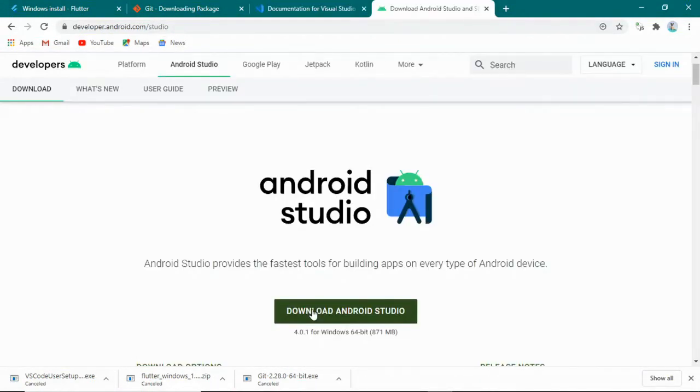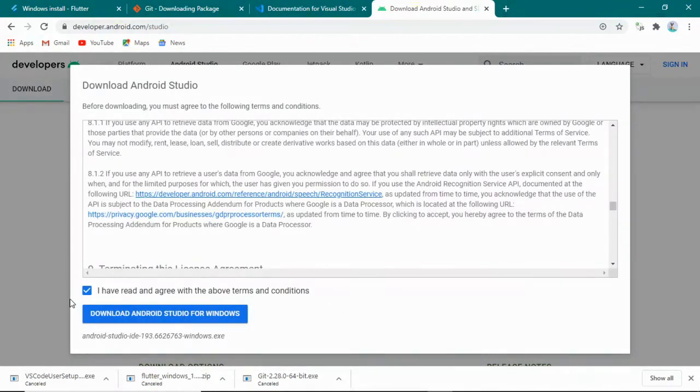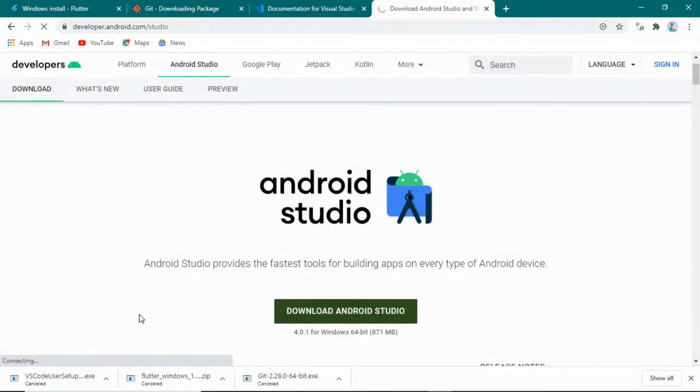And the last thing which we are going to download is Android Studio. Android Studio is the official integrated development environment for Google's Android operating system, okay. Android Studio provides us an Android emulator which will be pretty helpful for this workshop. To download this, you can find the Download Android Studio button. Click on it. It will ask your permission to agree to the terms, so just click the tick mark and download Android Studio.